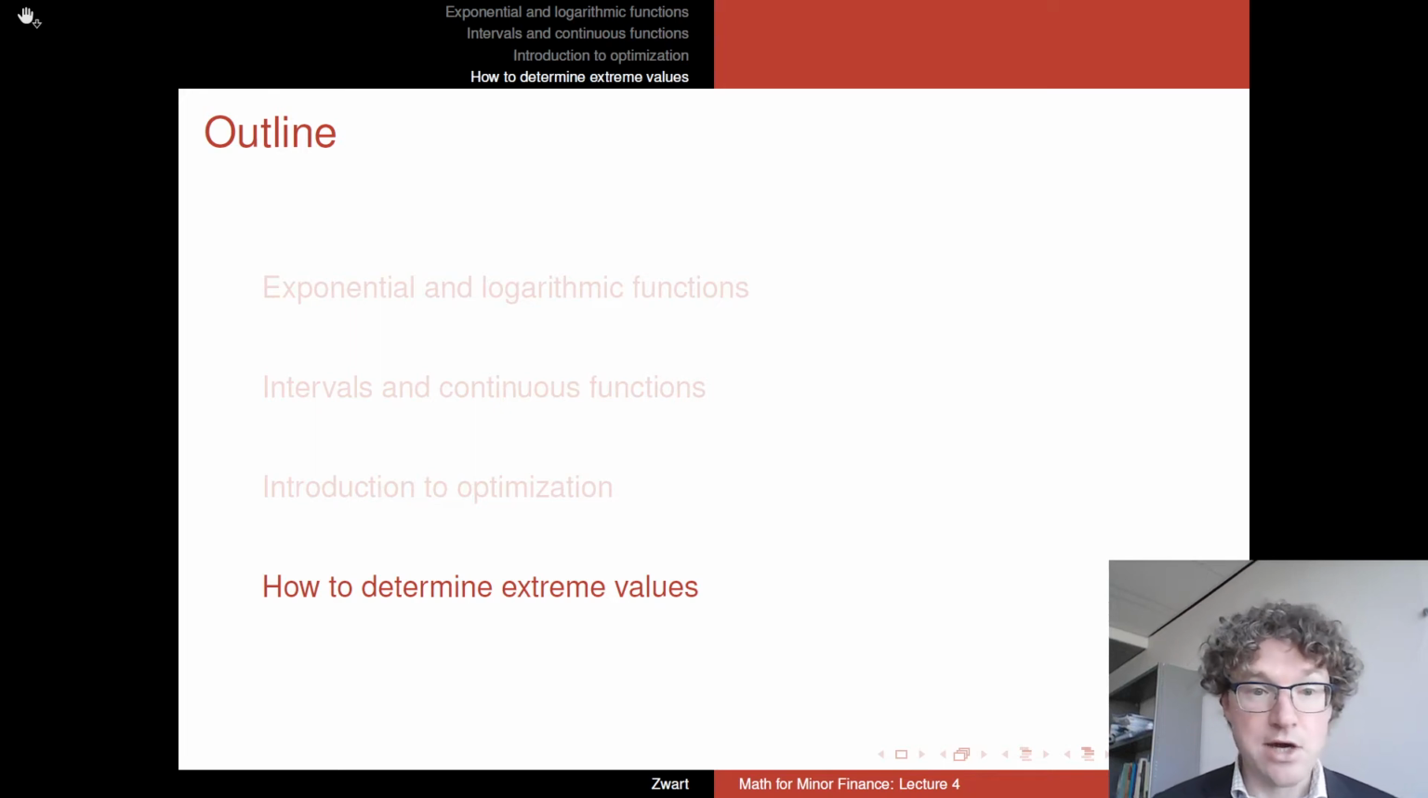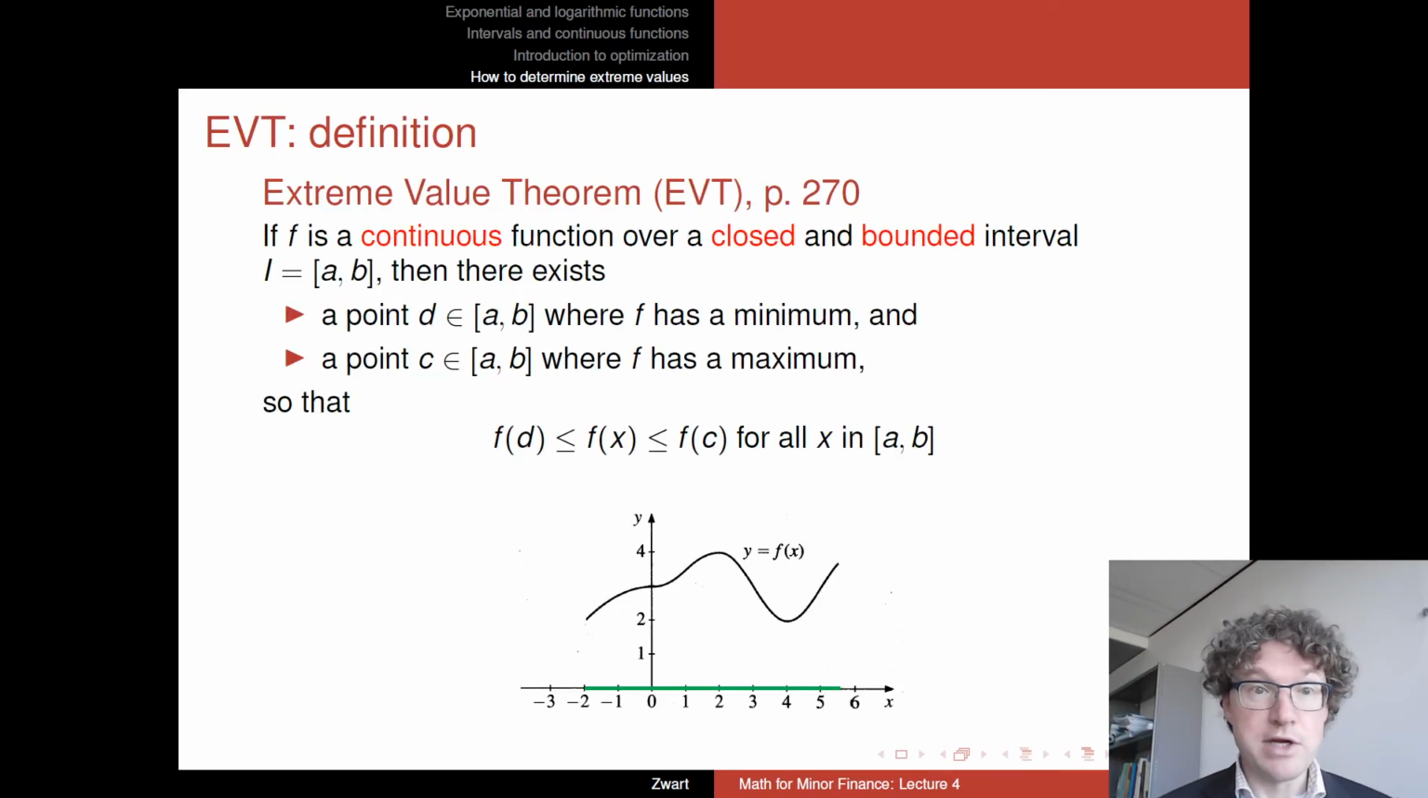So next, let's go on to determine extreme values. We'll use the extreme value theorem. Again, what is it? The extreme value theorem says if f is a continuous function defined over a closed and bounded interval between a and b, where a and b are included, so that's closed, and bounded because a and b are finite, they don't run off to infinity anywhere, then we are sure that there exists some point at